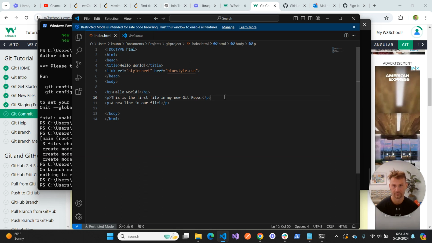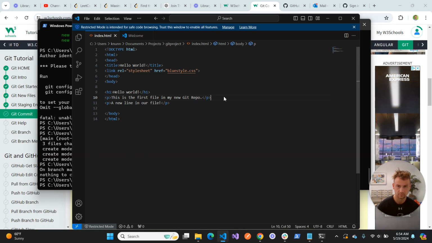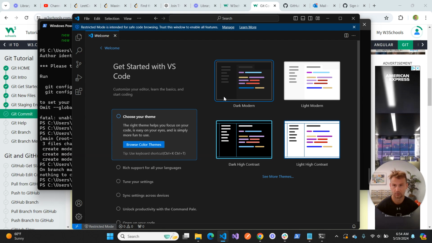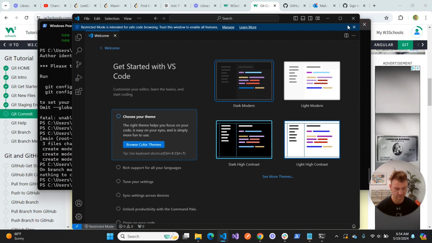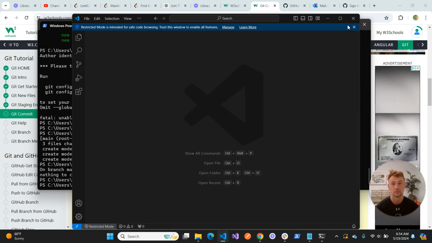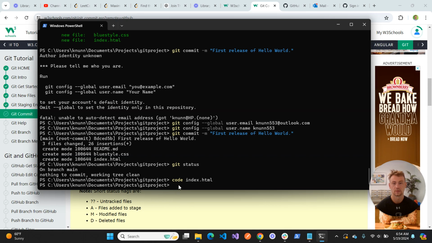We'll save that. We will navigate back to our... Oh, I don't know why I closed that. Alright, at least we saved it. Now get rid of VS Code. Alright, and now we will do git status